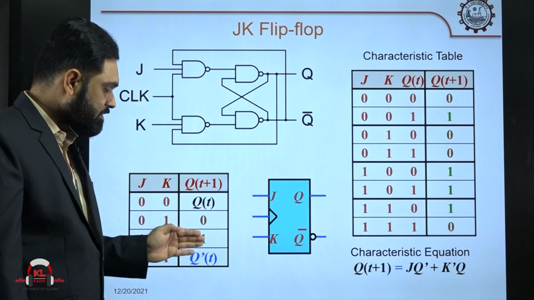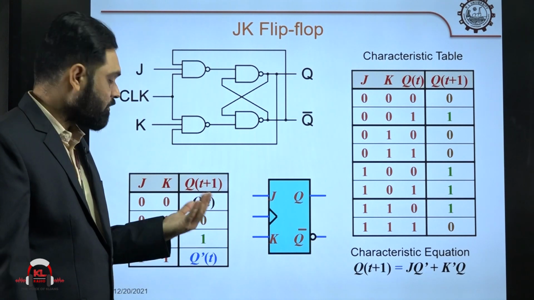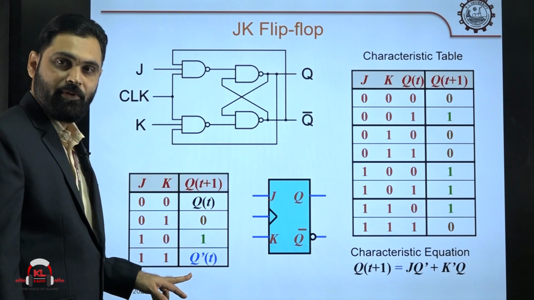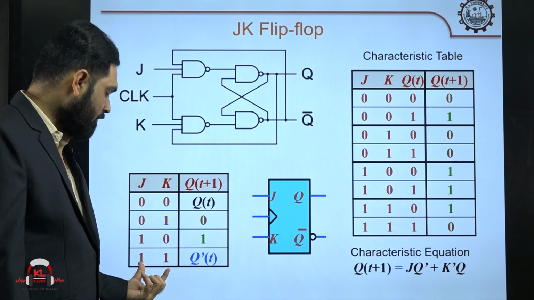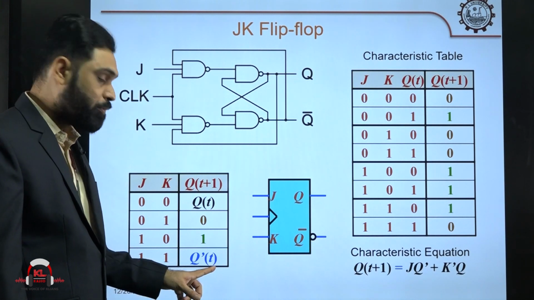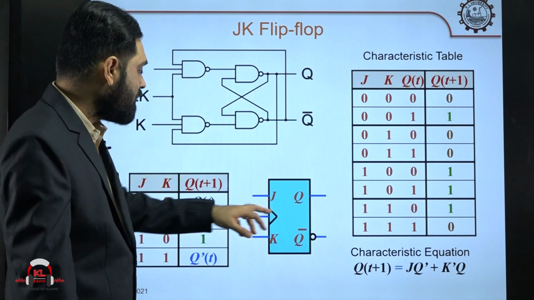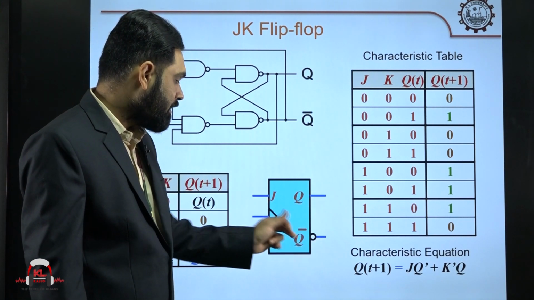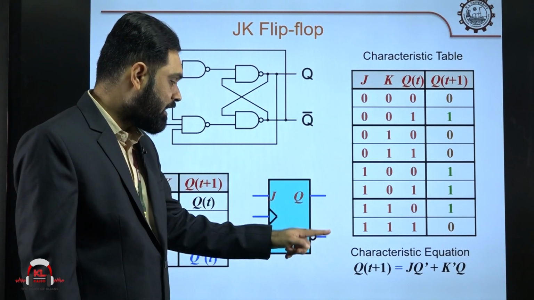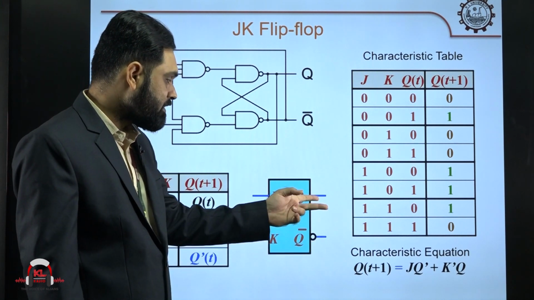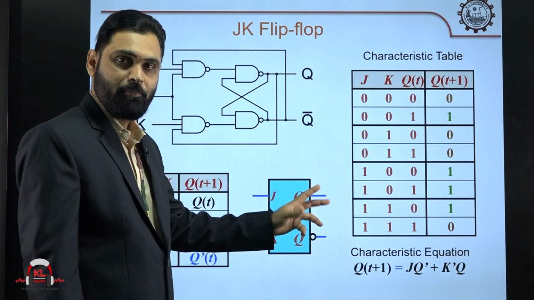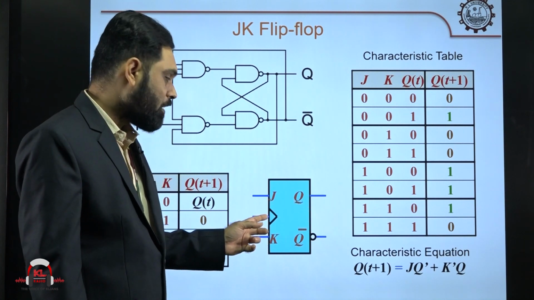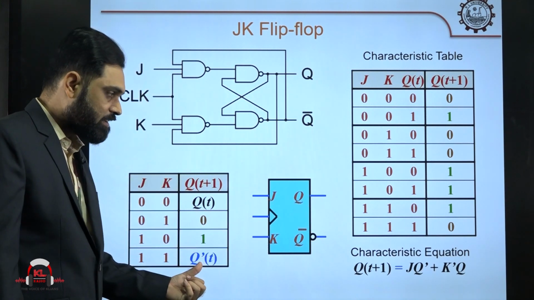That means the first 3 cases of the JK flip flop are almost equal to the SR flip flop. But if you look at the last state, there is a difference. When 1 1 is applied as input for the JK flip flop, the output toggles. Output toggles means that one time this Q value will be 0 and Q bar will be 1. If you give another clock pulse, this will become 1 and this will become 0. If you give another clock pulse, again this will be 0 and this will be 1. That means every time a clock pulse is applied, the Q and Q bar values will change. This kind of thing we call triggering.